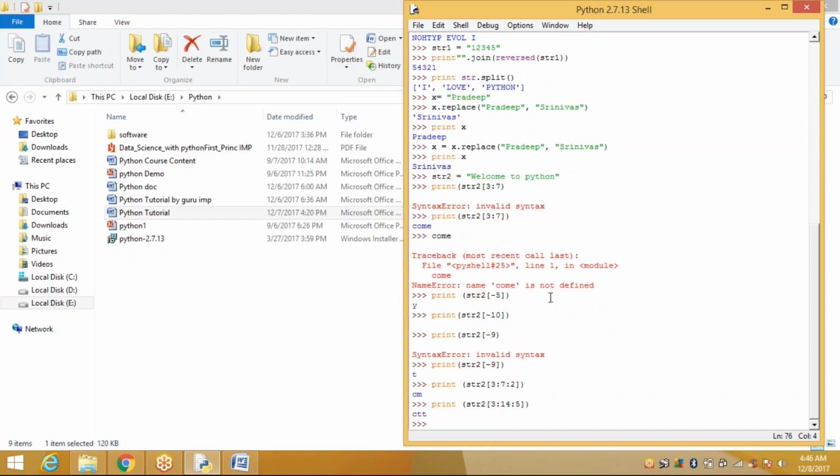So 3 to 14 letters. Array of 0, array of 1, array of 2, array of 3. C printed. Next, O is skipped. Okay. In like way, 14 letter. 14 is T. In this way, it displays CTT. Okay. So this is the step size.